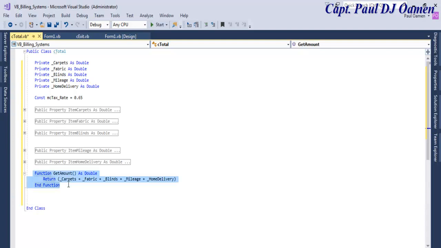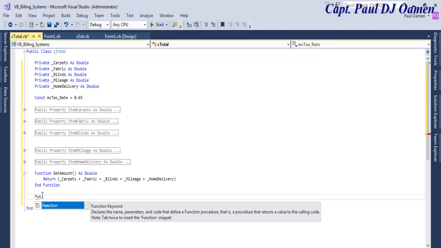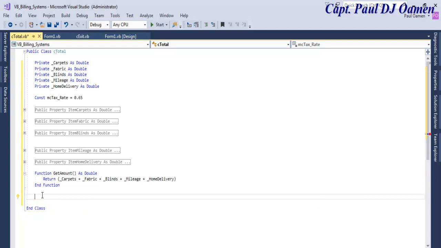Alright, so right here I'm going to create another method. I have one here already. You can call it function, you can also call it method. And right here, let's go for function. Okay, let's make it public. Public function. We call it find tax,